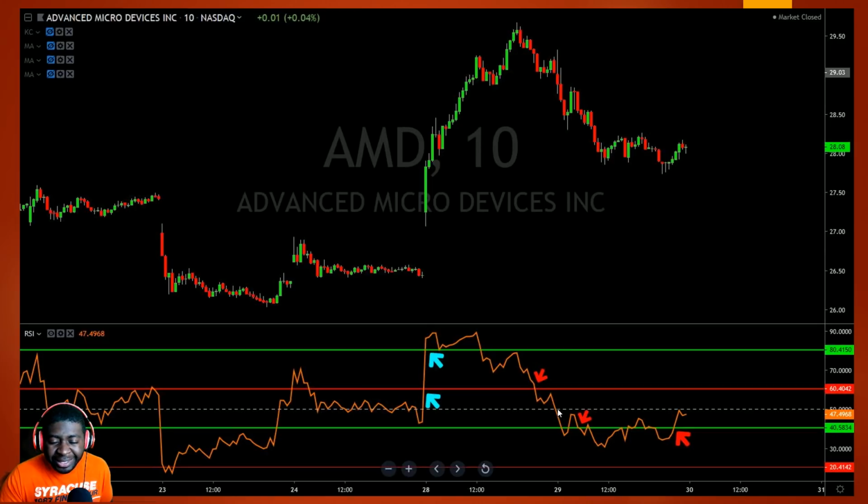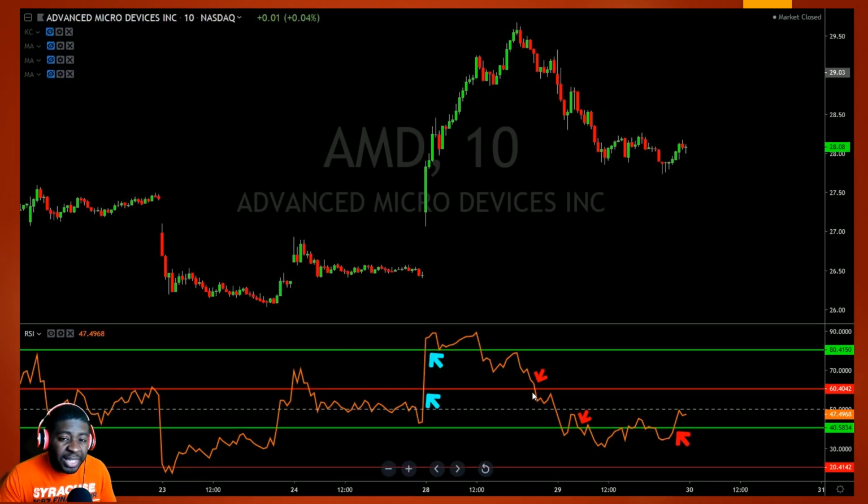Not necessarily out of the money, because you would have made some money from 50 down to 30 here, but you wouldn't have made as much, right? You wouldn't have made as much, and you would have had to deal with a spike here and there or two. So the real opportunity to short this was actually at the level where the stock broke below the 60